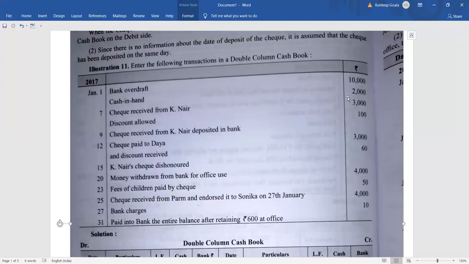This facility is given so that the business activities will go on in a smooth way. This will be beneficial for the businessman because the payments will be done smoothly and the activities can be taken up very conveniently. On the other side, the bank is also gaining. How? When you withdraw extra money, that is overdraft. Overdraft means you have withdrawn extra money from your bank balance, right?